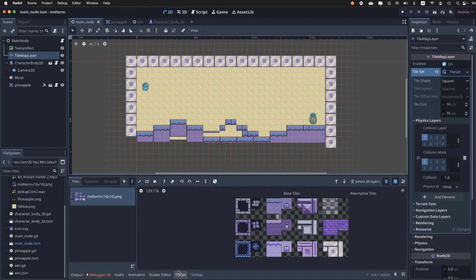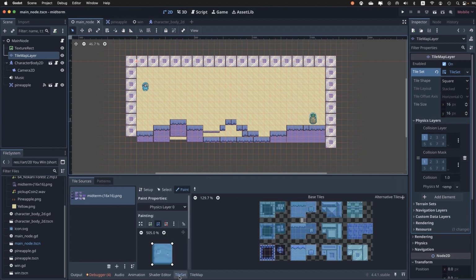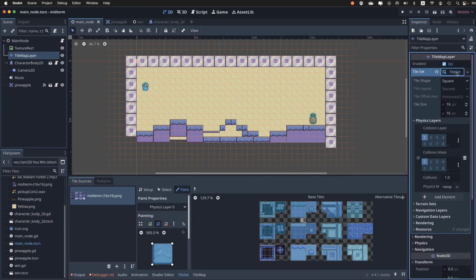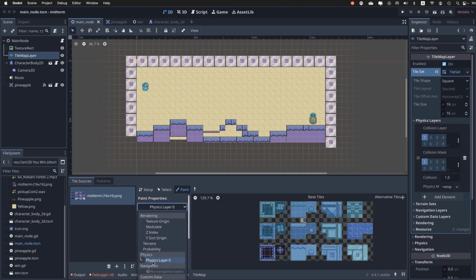For that, you do that in the tile set. All right, and you'll have to actually go up. When you click on tile set, you'll actually have to click it. I'm giving you a very strong clue here, and click add element. Now I already have one, so I'm not going to create another one, right? Add element. Then once you've done that with your paint window, you come down here and you go to physics, physics layer 0,